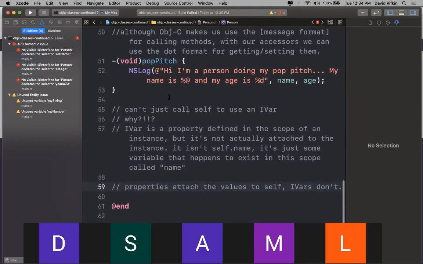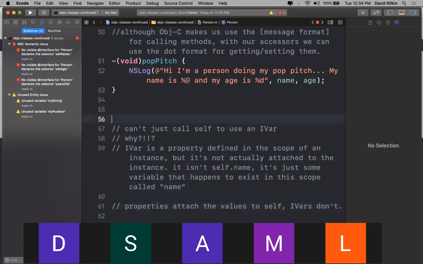So name and age are not the person's name or age. They are just these things written to some variable. And Angela says, like a variable declared inside a func can only be used there. Exactly. So instance variables are variables that are scoped within an instance of a particular object, but they are not properties of that object. So it's just like if in Swift I did something like,